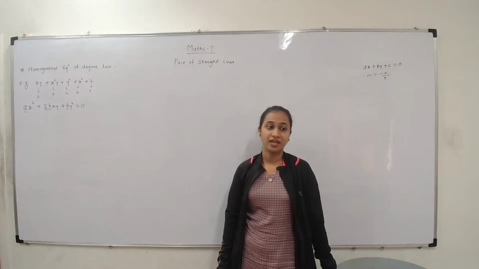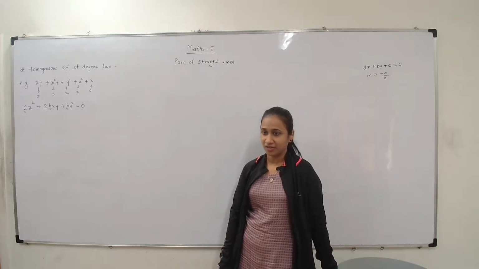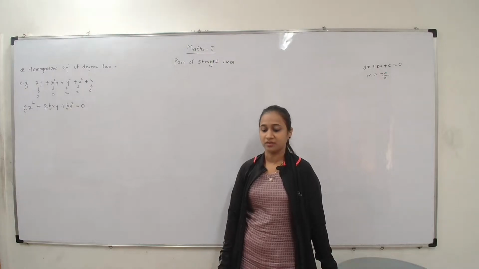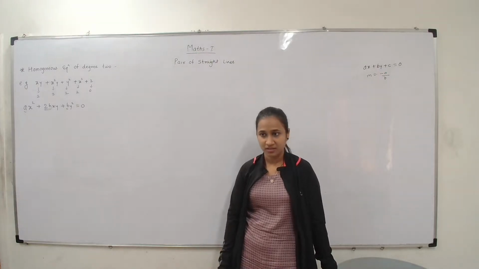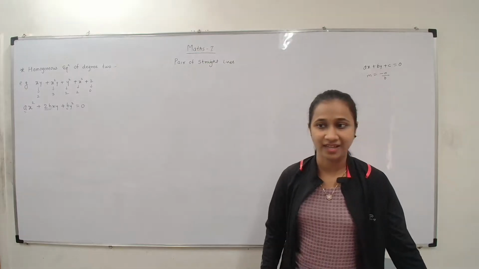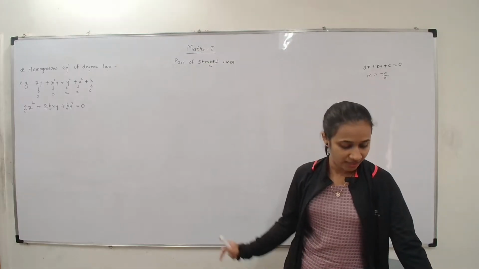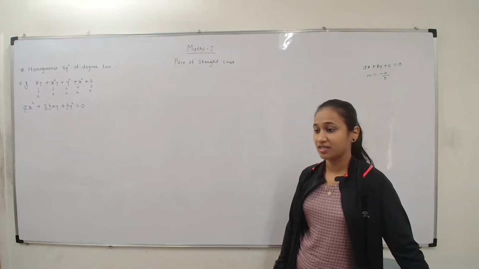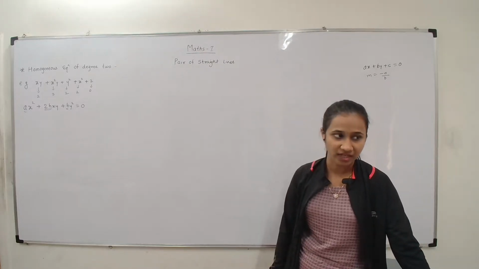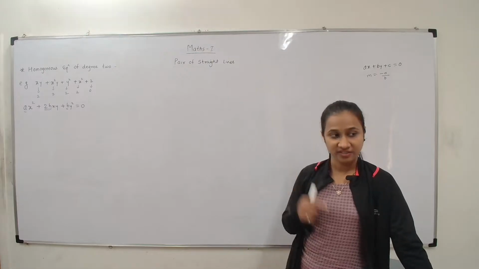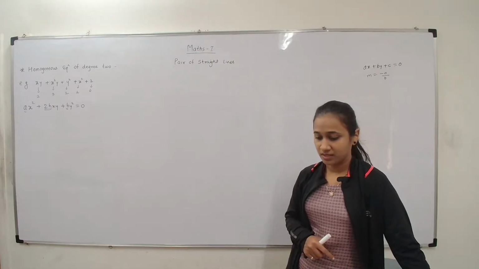Remember, just like ax square plus bx plus c is a quadratic, it is similar, but the degree of every term remains 2. So this is your homogeneous equation of degree 2 in x and y variables and it has this form. Then a second theorem is given that combined equations are always in this format. And sometimes the question will be like, verify that the combined equation of given two lines is